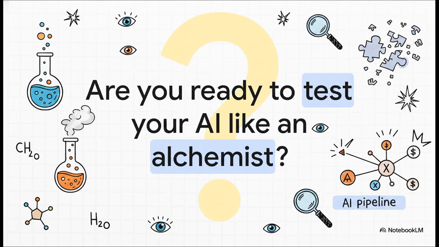I'm going to leave you with this final thought to take away from our explainer today. If scaling models won't natively fix security, and prompt-based defenses are fundamentally flawed against invisible tokenizer exploits, is your organization ready to test its AI like an alchemist? You can't rely on static defenses anymore. We have to continuously probe the unknown.